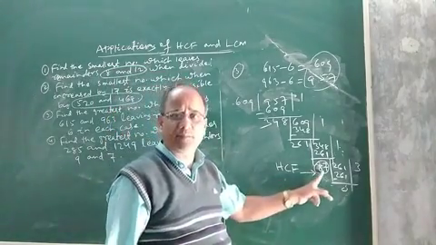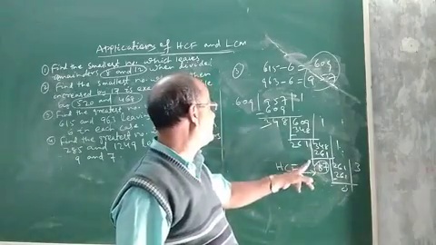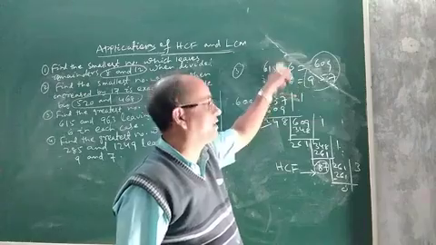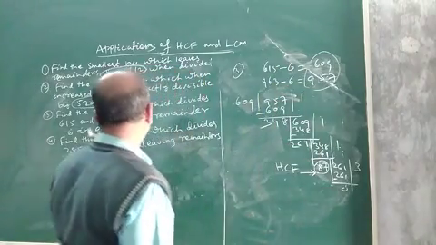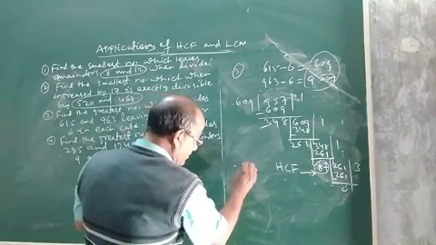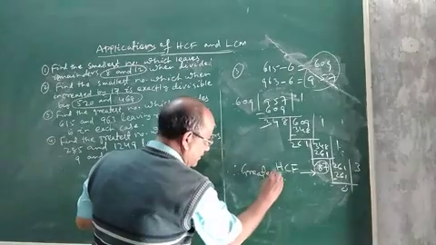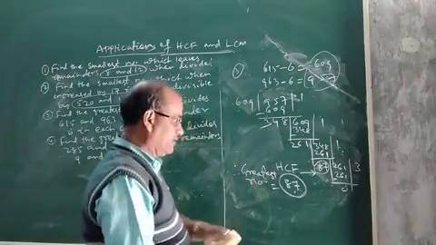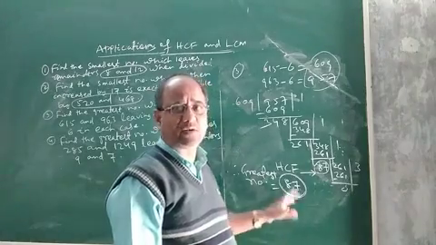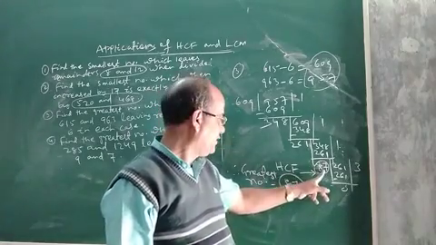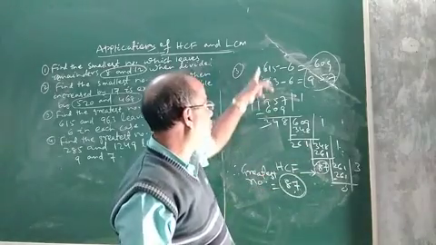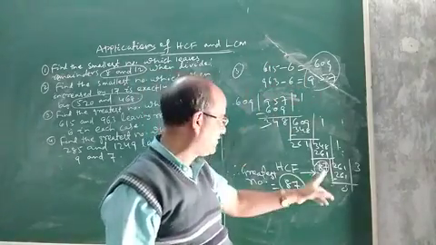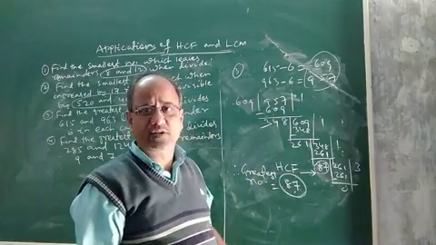This 87 will be the greatest number that will divide these two numbers, that is 615 and 963, so that you will get remainder 6 in each case. Therefore, the greatest number will be equal to the HCF. Greatest number that will divide means this is the divisor. Greatest number that will divide 615 and 963, leaving remainder 6 in each case, is 87. So this is how to do this type of question.